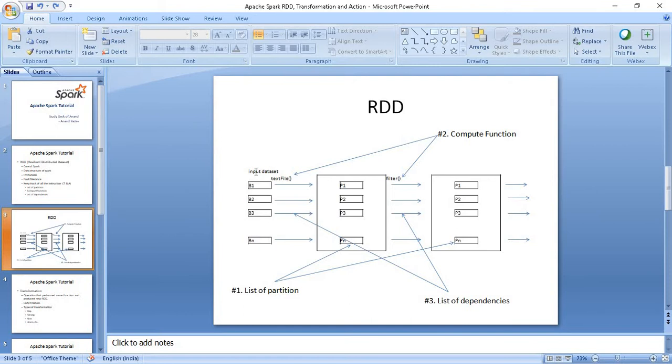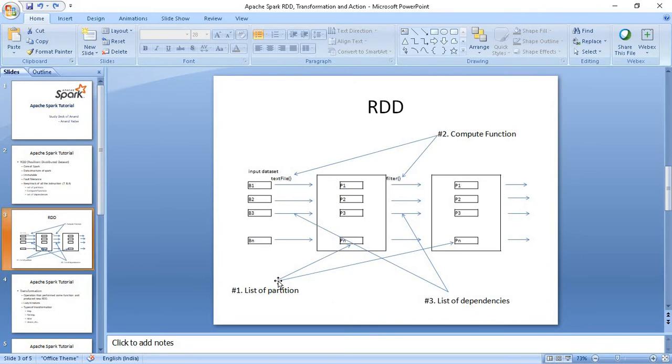You can see that the input data set is available at HDFS and it is stored in blocks. Whenever we perform any transformation, a new RDD is created, and that RDD again has a list of partitions.